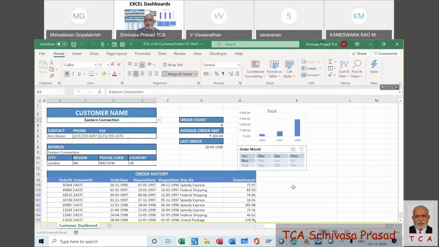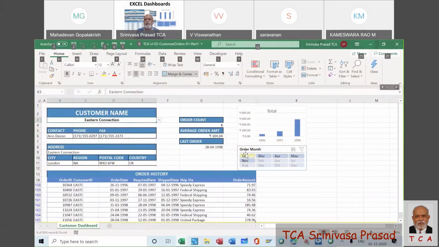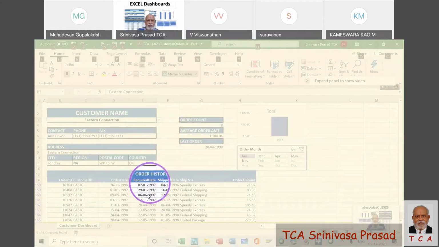Now, one more thing, we'll have a look at it. Eastern connection has what all months here? January, March, April, May, November. Other than that, he doesn't have anything. 1, 2, 3, 4, 5. Now I select only the month of January for Eastern Command. It has given me January 97, which is all they have. We are able to see very clearly that Eastern Command has got only January 97 and June 97.